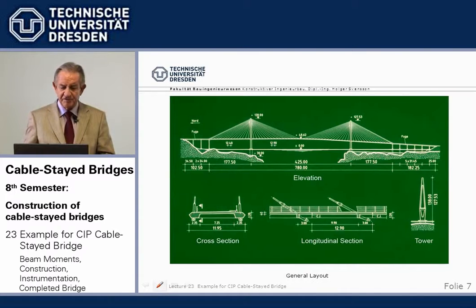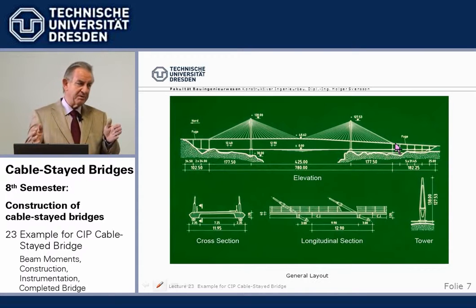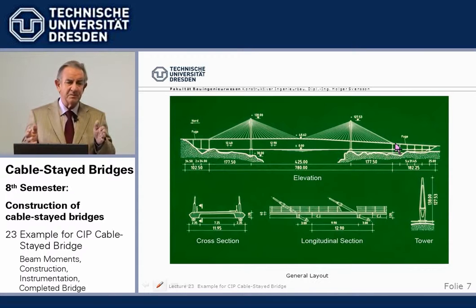So for the traffic requirements, 1/2 lane would have been sufficient. Now you cannot build a bridge with 1/2 lane, so you need at least 2 lanes, plus a walkway and pedestrian. So we have a width of 12 meters. And this again, the ratio of main span to width, 425 to 12, is about 1 in 36, which is also very slender and is